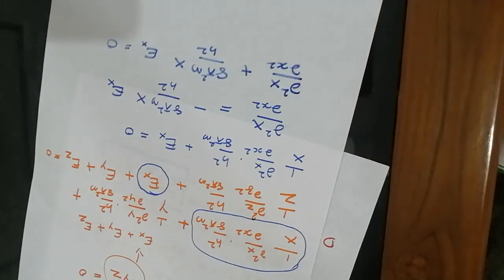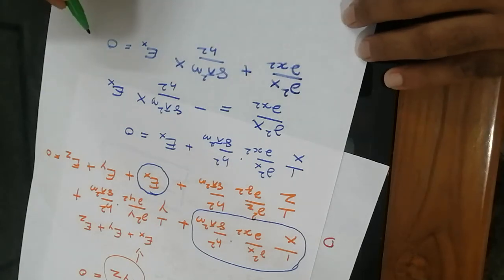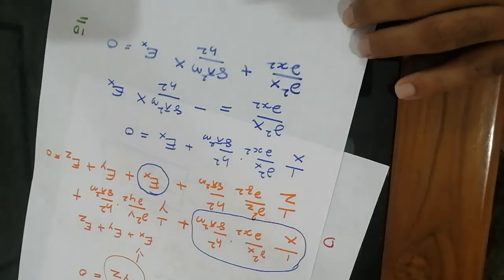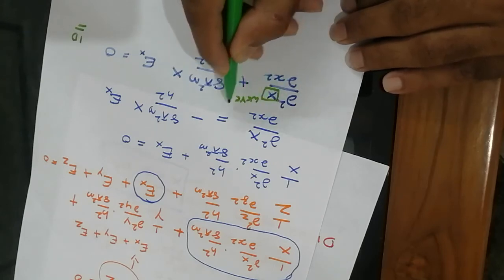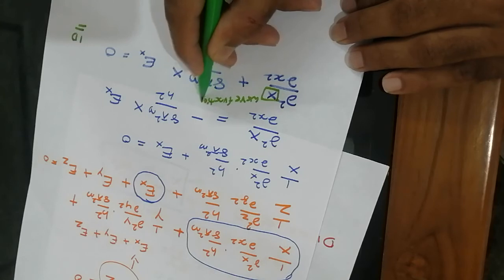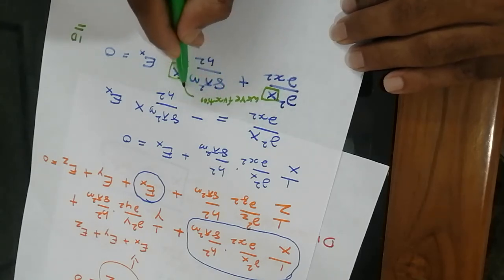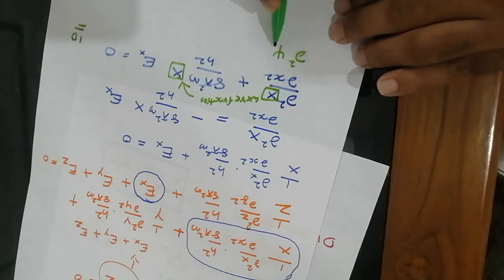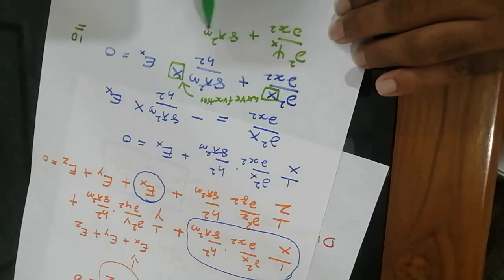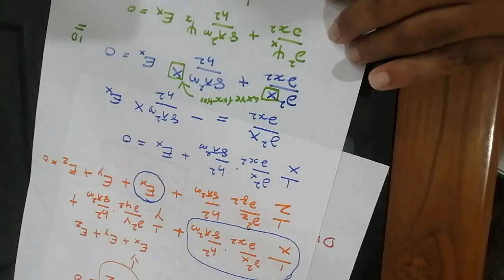Do you see any connection of this with the one-dimensional equation? Can you see any? Yes, you can see. What is this? This is wave function along the x direction. Therefore, the equation is like this: dou square psi x, wave function along the x direction, by dou x square plus 8 pi square m by h square psi x ex is equal to 0. This is the equation